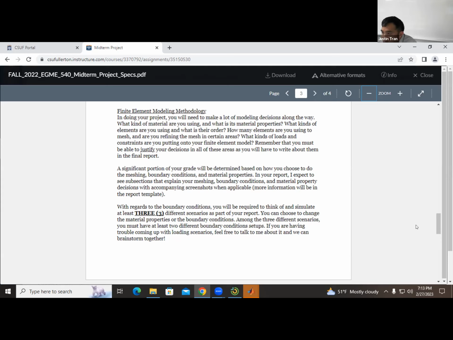Yeah, that's a good question. Cost is always a consideration, and the limitations of the software are always a consideration too. Ideally you would want a much smaller element size because that's going to be a more accurate simulation, but there are always going to be limits to how much you can do that.